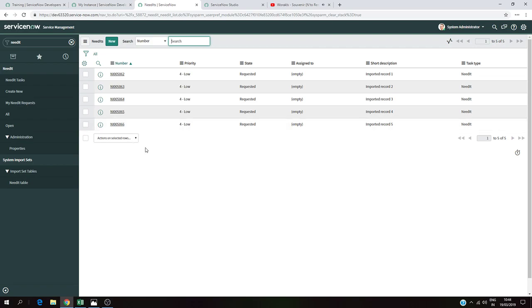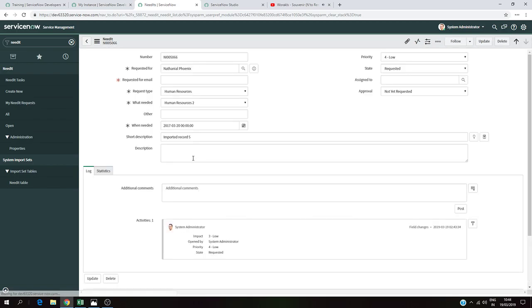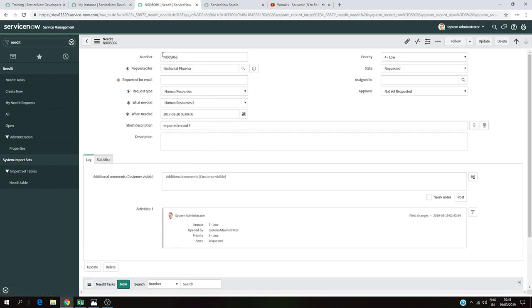Now I have to check if the date is imported properly. For that, I just need to click on a record randomly. I'm going to click this record. Okay, it's not working, it was quick. Okay, let's click on that. As you can see here, we have Nathaniel, human resource request type, human resource 2, what needed, and when needed we have a date. And as you can see, the format of the date is different from the format we chose in the beginning